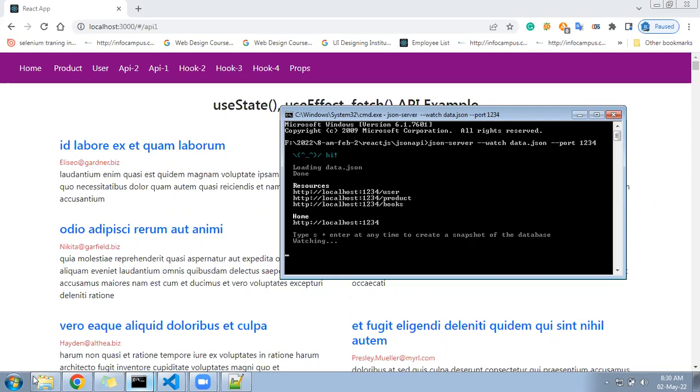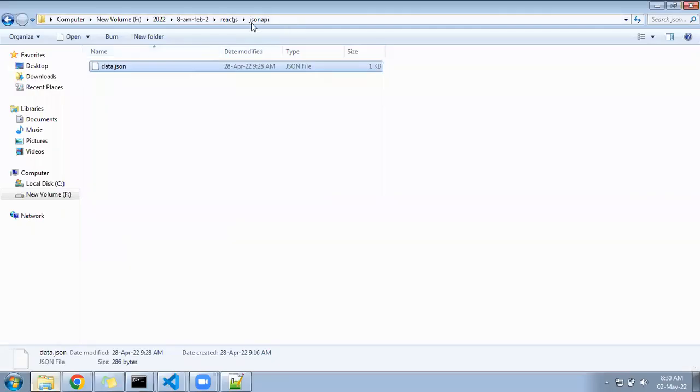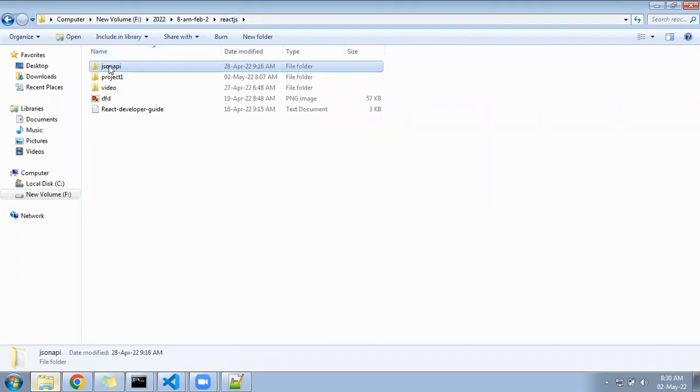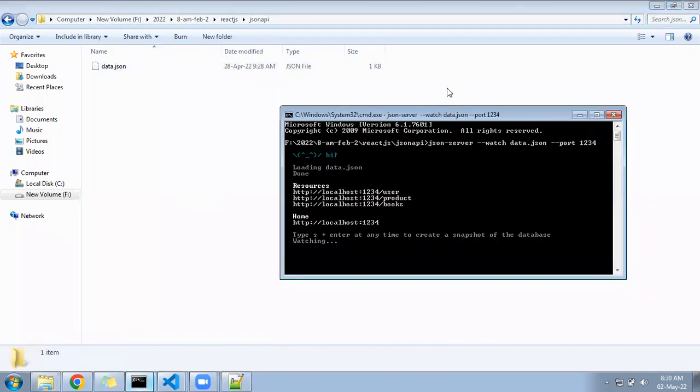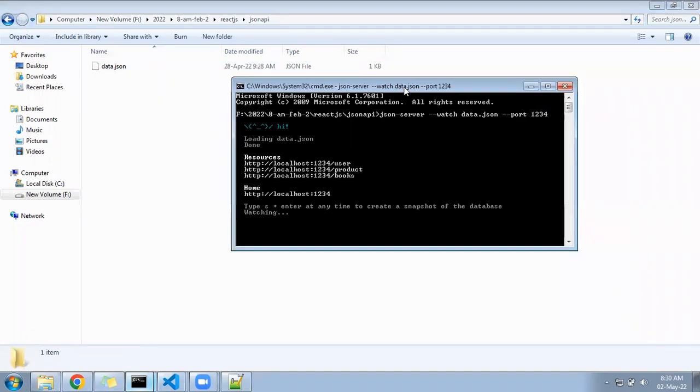JSON server, how you started? You need to go to the JSON API folder that we have created. JSON API folder, open the CMD. After opening the CMD, in that you will be writing JSON server --watch